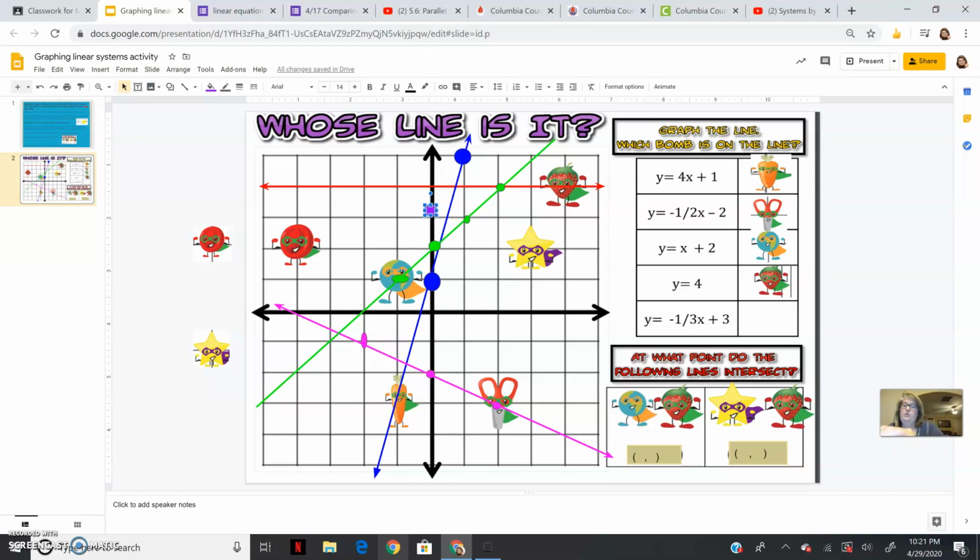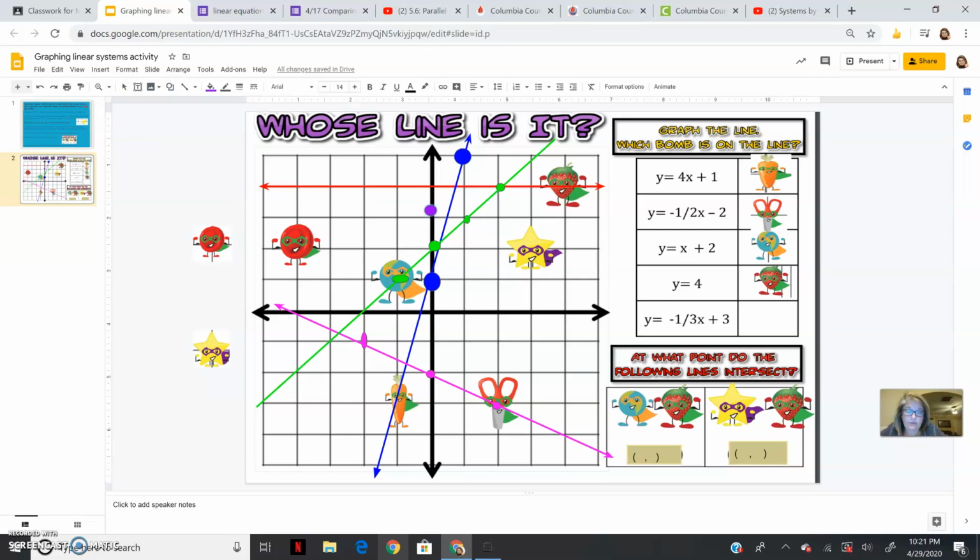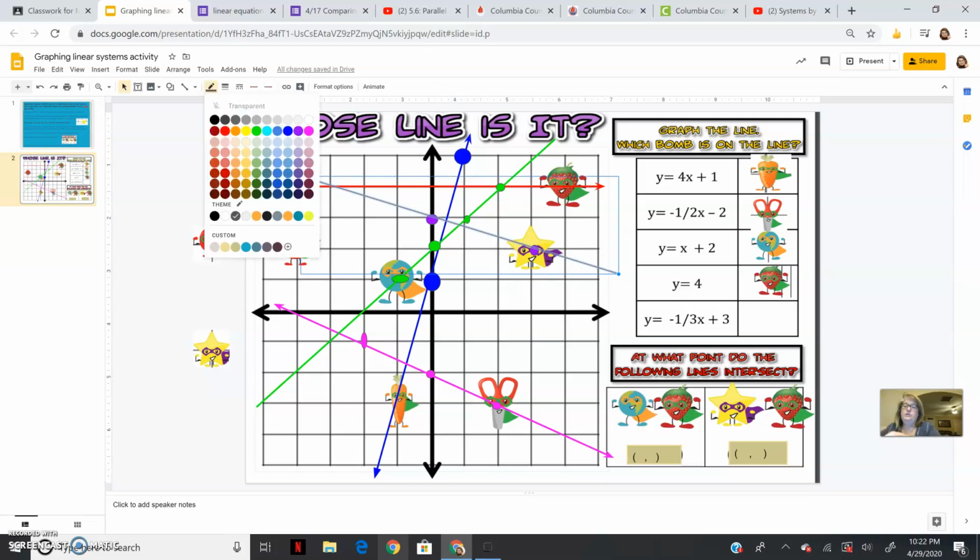Okay, now we're going to go down 1 and over 3, and that's going to land us right here on this little star, our little star guy. And honestly, you can do it with 2 points right there. And so we're going to make our line, going to grab our line, and it's going to be like that, and we're going to just change the color